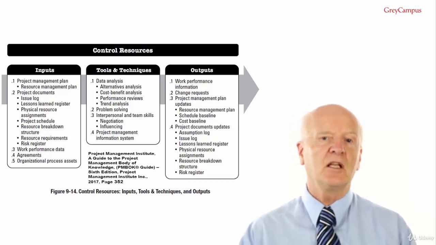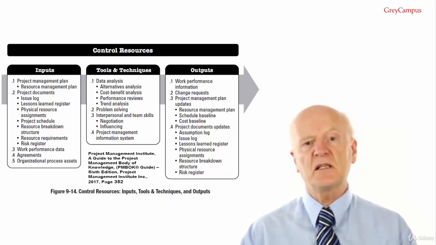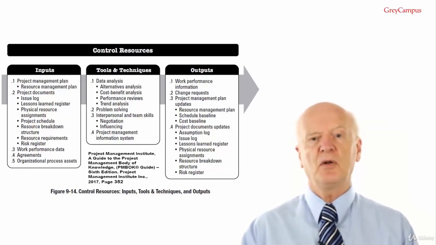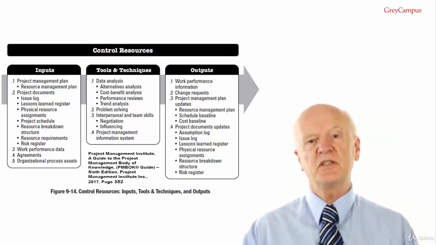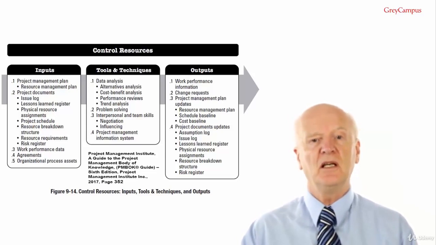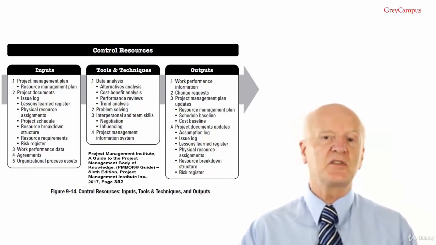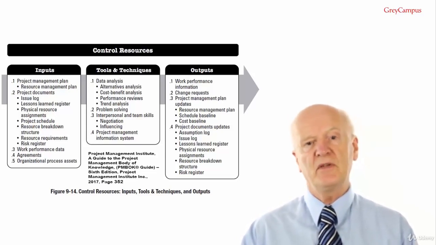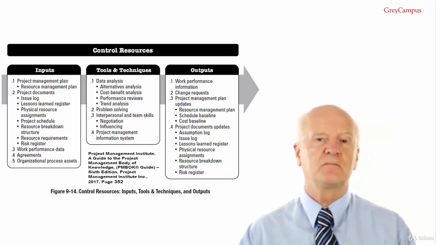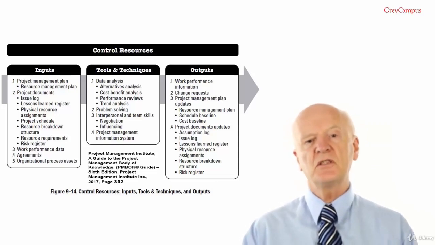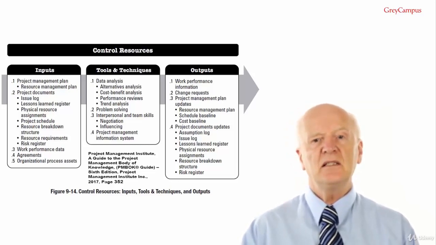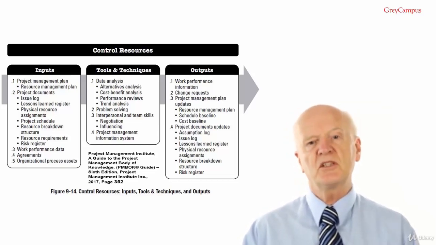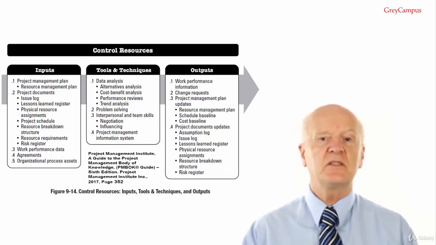Number 5, organisational process assets would include policies regarding resource control and assignment, escalation procedures for handling issues within the performing organisation, and a lessons learned repository for previous similar projects. Control resources, tools and techniques. Number 1, data analysis. The technique that could be used in this process would include alternatives analysis, which can be used